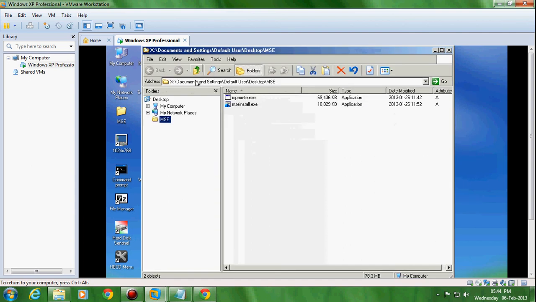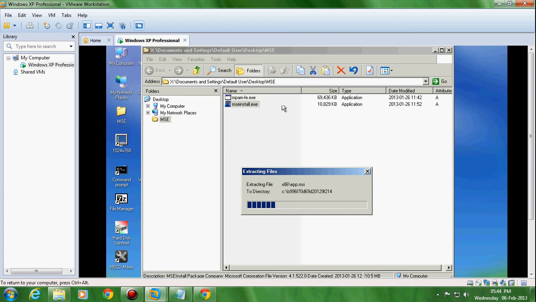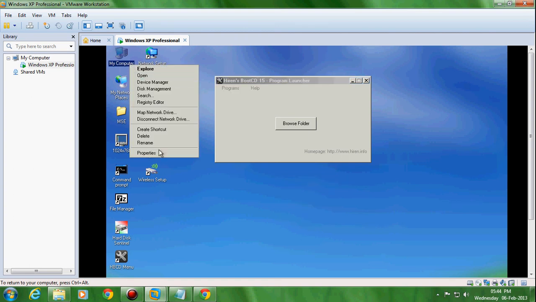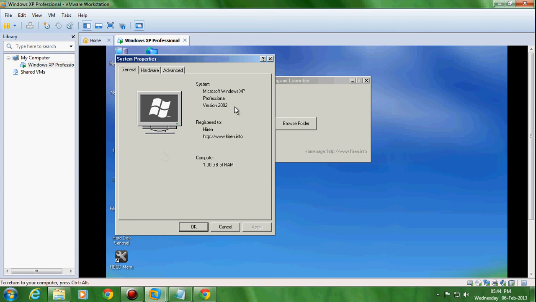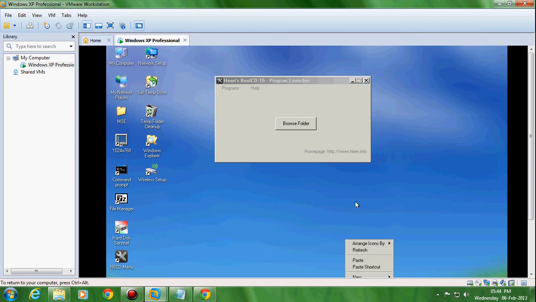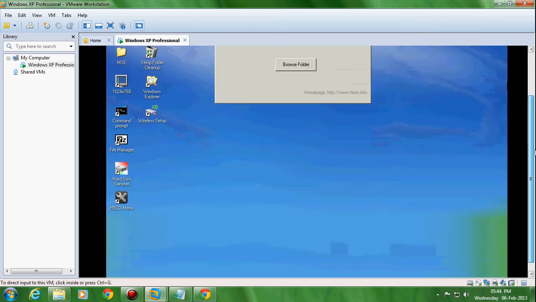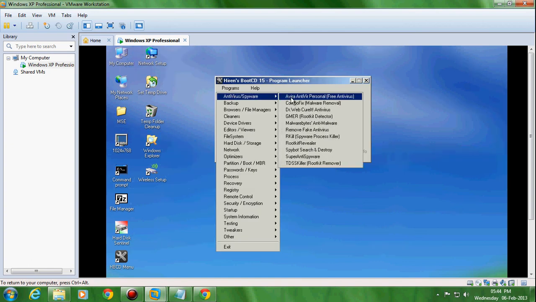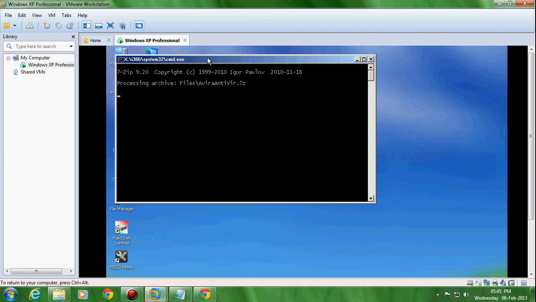Let us say Microsoft Security Essentials. Just install the same antivirus. After that, it is giving some error. See, there is no information about the service pack. If it is Service Pack 3 version, the Hiren's Boot CD Mini XP, then only the antivirus will install, or else go for something like Avira Antivirus Personal.